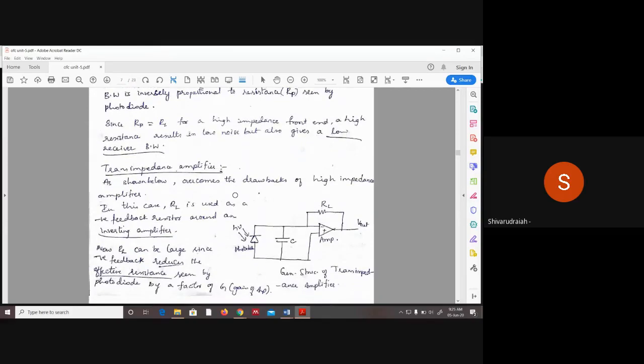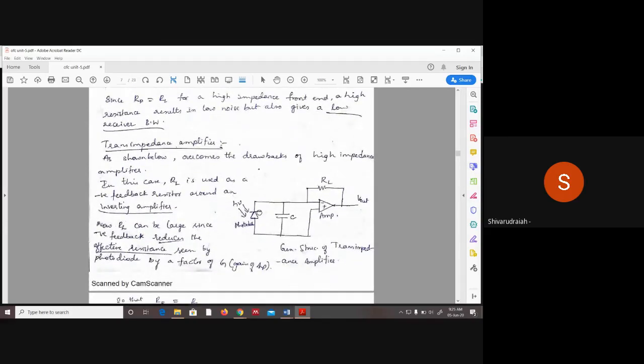Coming to the transimpedance amplifier, you can see that after the photodetector or photodiode, we have a capacitor, and you can see the load resistance in parallel. I mean, in the feedback path, the load resistance is acting as a feedback resistance to the amplifier section. So this is the construction of a transimpedance amplifier, where a feedback resistance is used from the output to the input of the amplifier. In this case, RL is going to act as a negative feedback resistor